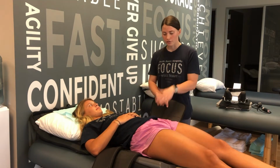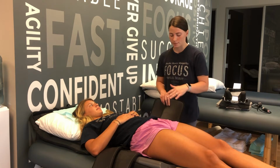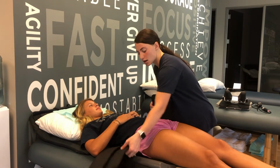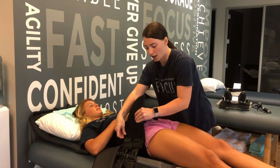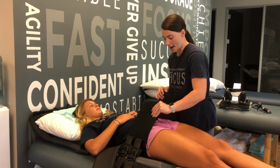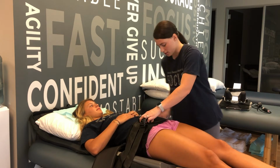Okay, so whenever you're adjusting these abdomen straps to go over, what you want to make sure is that this bottom one is at the iliac crest here, the top of the pelvis. You want to make sure that this other one is kind of in line below it, so this top part is lining up with that. So I will cross this over, and then we are